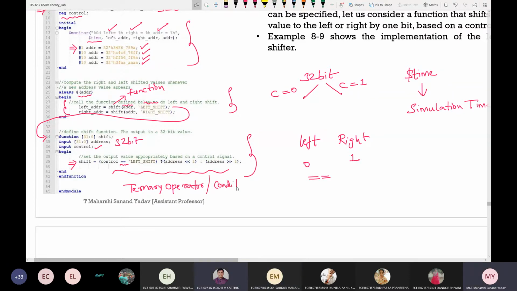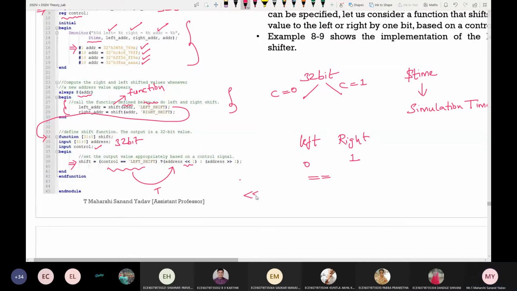Correct. Or else conditional operator. Any name you can use. So this particular condition will be checked. What does that condition mean? Is control equal to left shift? If it is satisfied, if it is true, address is, what is this, left shift or right shift? Left shift. By how many bits?